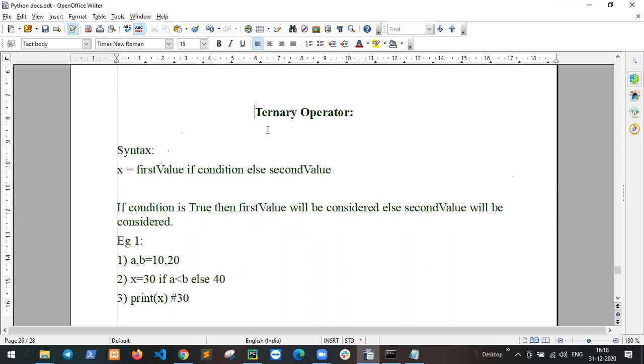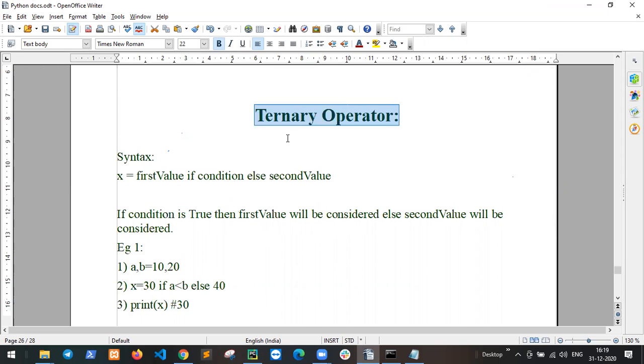The special operators have only two conditions: is or is not. I will tell you more ahead.